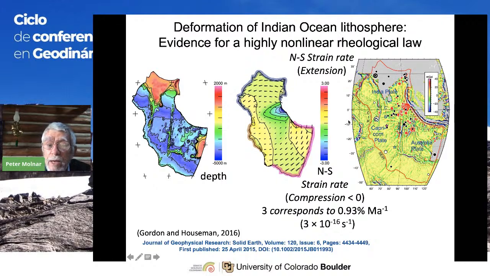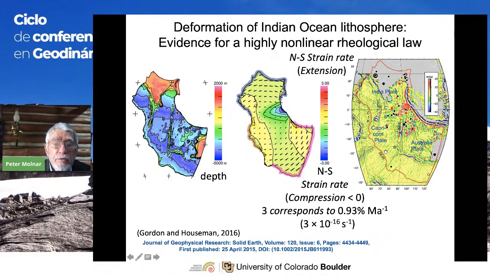And if you convert this seismological evidence into a strain rate, you get a strain rate pattern that looks like this. This is the north-south component of strain rate. Compression is shown as negative in this case. So this blue is negative. This is compression. Extension would be red up in here. These arrows are showing the orientation, I think, of the principal stresses in the region where they become compressive in here. I've forgotten what they mean. And this is the bathymetry for that part of the world, shown over in here.